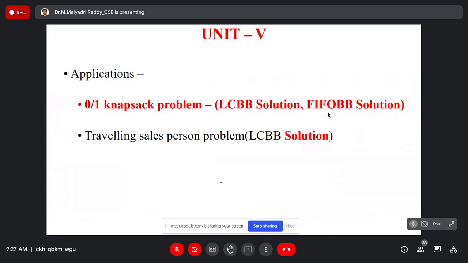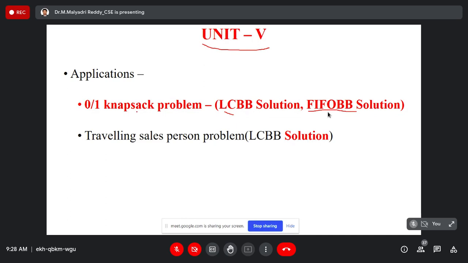Mostly no one uses the DFS technique because it is related to backtracking. Backtracking as well as branch and bounding use the same methodology, the same state space tree. That is why the DFS technique is related to backtracking. So the least cost and FIFO or BFS methods are related to branch and bounding. Mostly branch and bounding is implemented with the least cost method. In special cases, we implement the FIFO method. Only two techniques are there.